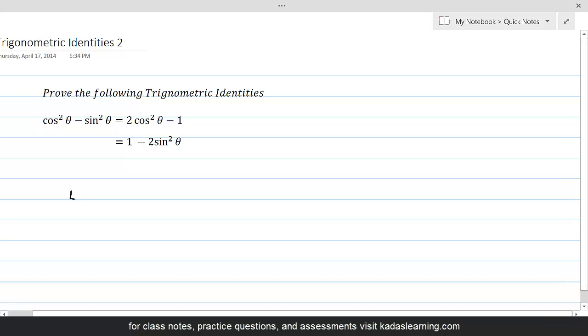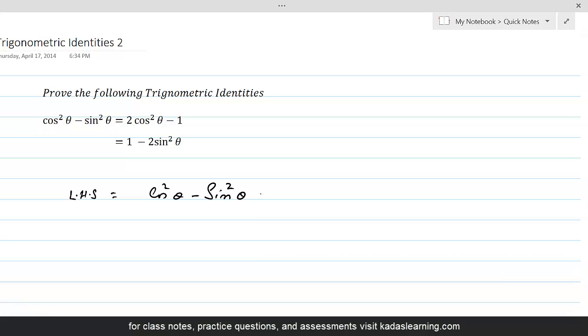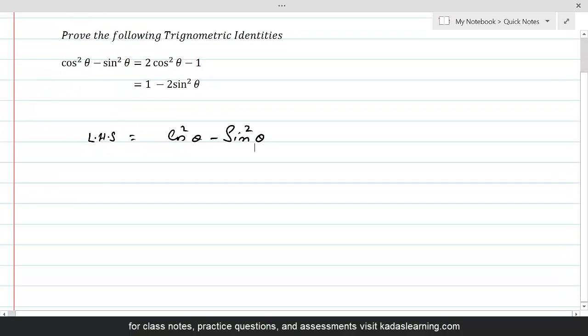So left hand side is equal to cos square theta minus sin square theta. That's how we will deal with trigonometric identities, that we will take either left side or right side and then start manipulating that side until it becomes equal to the other side of the identity. Let's see here, we have selected left hand side, which is cos square theta minus sin square theta, but we